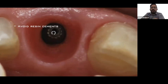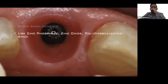Okay, when I deliver implant restorations, you have some options too. You can use zinc phosphate, you can use zinc oxide, right? You can use temporary cement, RMGI, and polycarboxylates. This is a discussion that we had, Mario, a few weeks ago. Yep. And Chandra Watwani is always